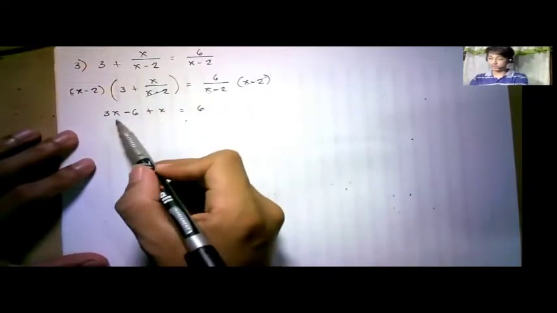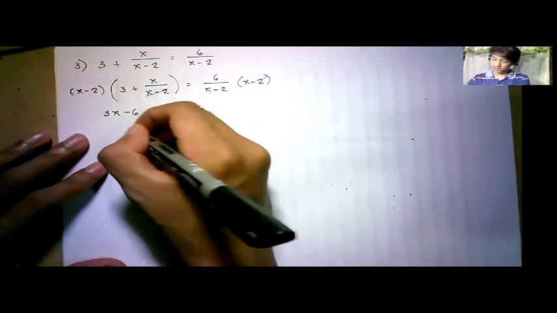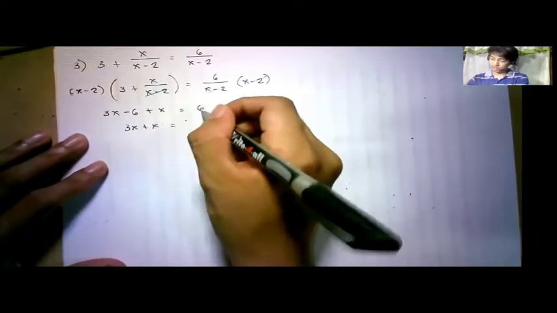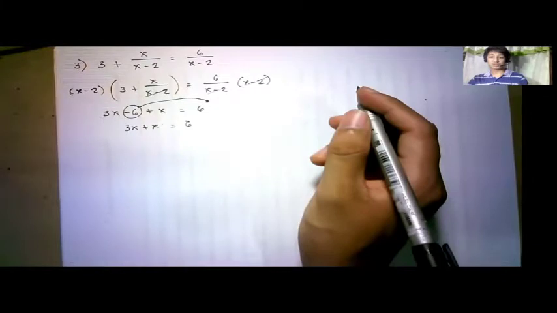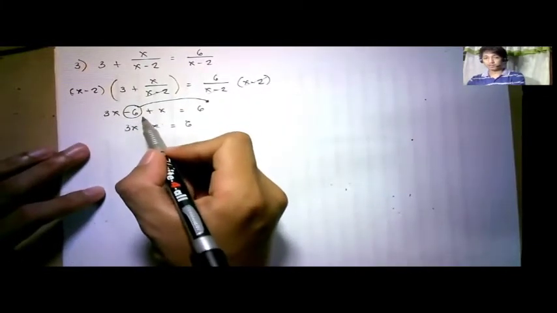So since 3x and x is already on the left side, we're just going to copy it. So 3x plus x is equal to, just copy 6, and then we transpose -6 to the other side. When we transpose, we get the opposite sign of the given constant. So since it's negative, it will become